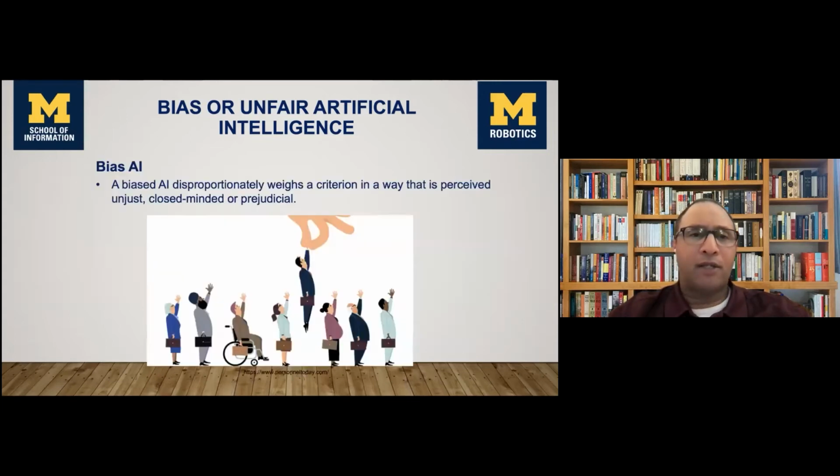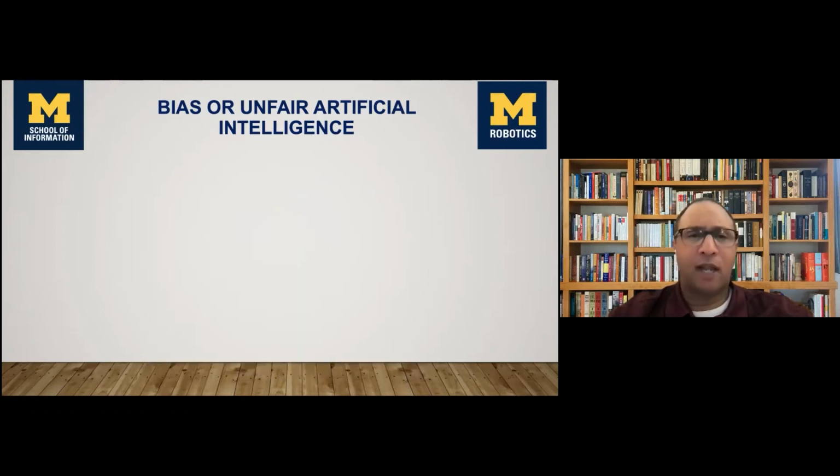Now, I'm going to define AI bias for this presentation: a biased AI disproportionately weighs a criterion in a way that is perceived as unjust, closed-minded, or prejudicial, right? So that's the open definition of biased AI that I'm going to use. But I want to take a step back because